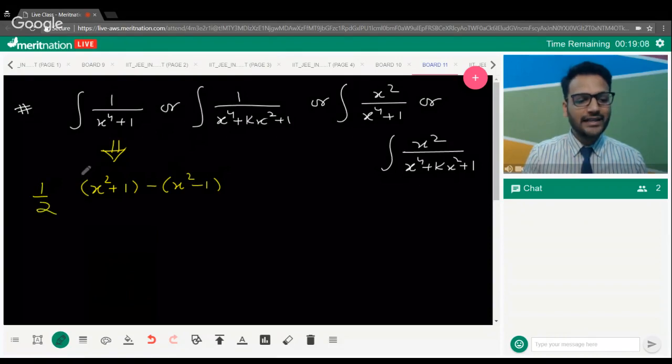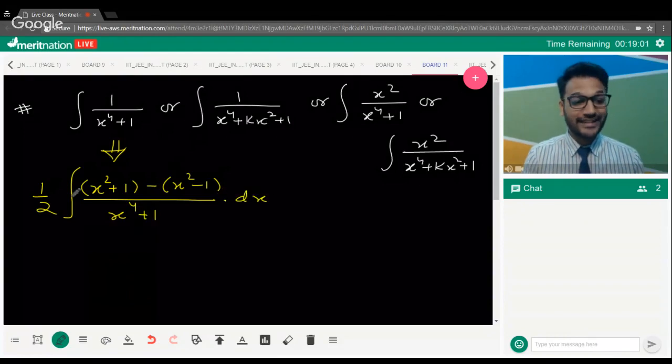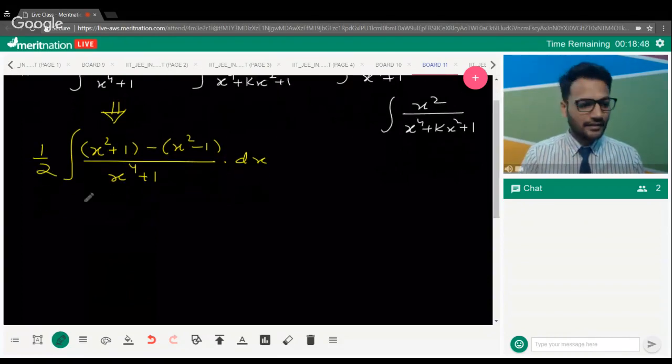Can I write 1 like this also? Can I write this like this, guys? Yes or no? I'm just talking about the first one. I can write it like this, right? Because this x squared gets cancelled out. 1 plus 1 gives me 2. I've divided it by 2 because 2 and 2 will get cancelled out. It will give me 1. So exactly this is the way in which we can portray this. Hence, we have written it in two forms which we have already discussed how to solve.